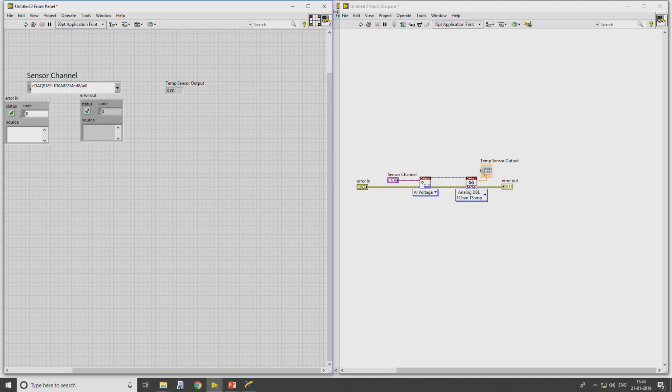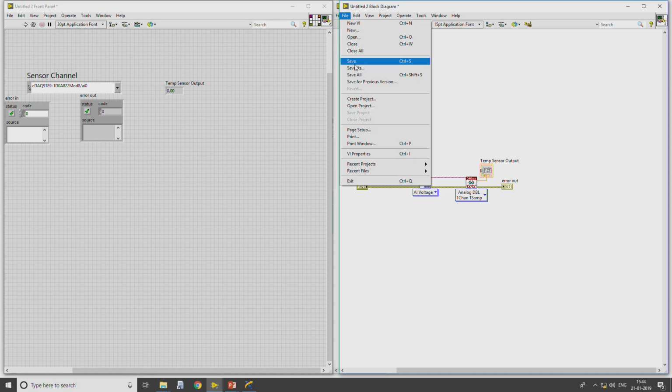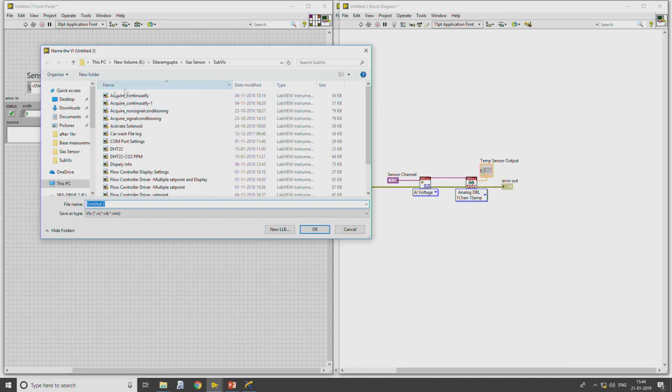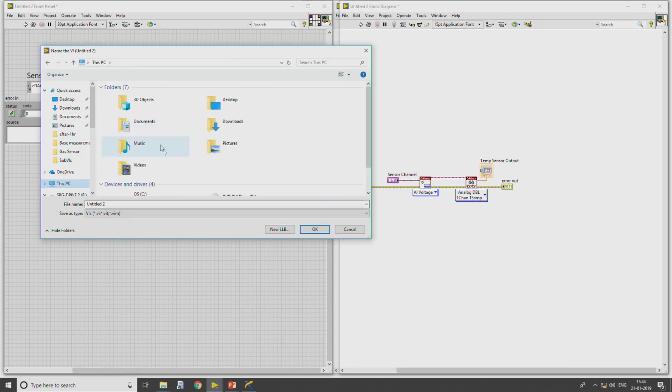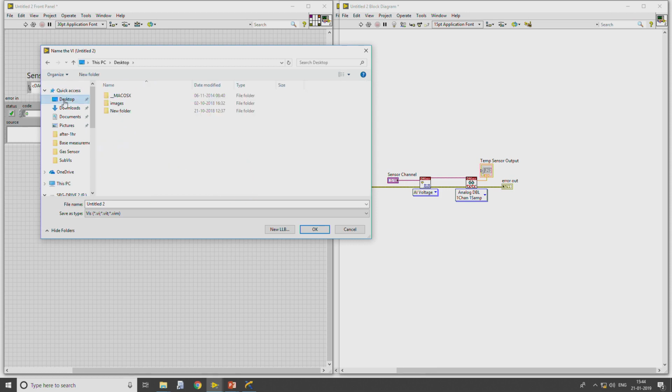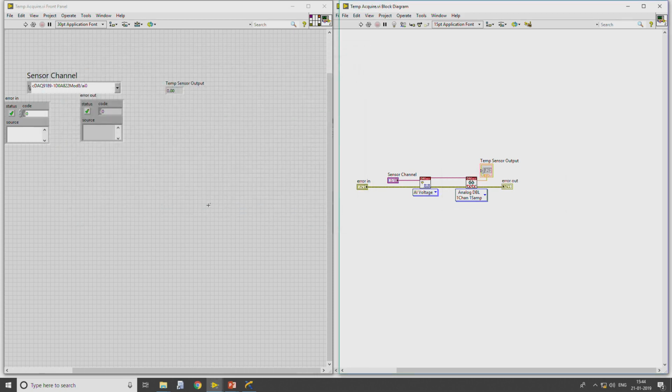Now, let me save this file, save as. I will be replacing everything in the desktop. I will create a folder, temperature acquire.